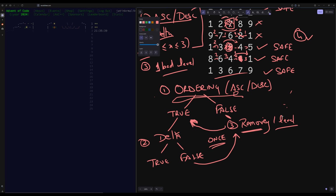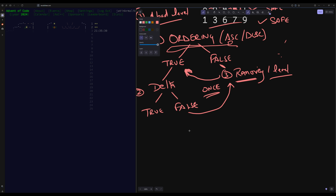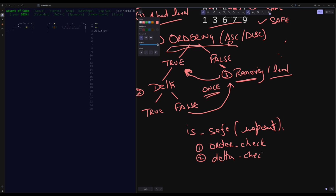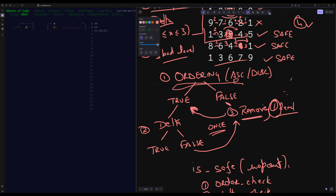So remember during the part 1 discussion, I said that we can basically do a one pass. So again, this is a hint for you. The simple idea is that you had an initial function called isSafe that takes a report, and it does two checks for you. It does your order check, whether your report is ordered or not, and the second one checks the delta. So in this case, since you can have a failure tolerance of one level, you can basically remove any of these one levels and then try to check if this is safe or not,